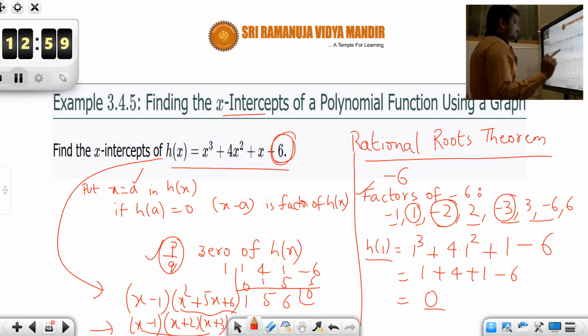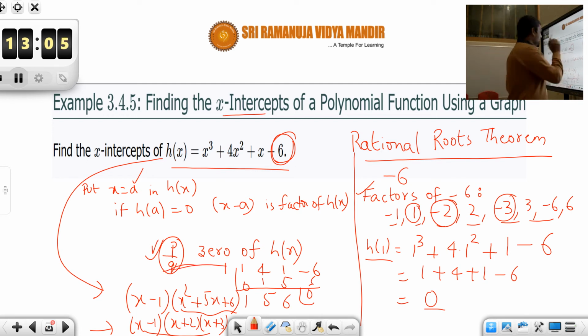So our rational roots theorem says that whenever zeros are rational in nature, they have to be factors of the constant. Okay, students, they have to be factors of the constant. This is very important. In case you didn't understand anything or you are having any sort of confusion, please raise it through WhatsApp or try to contact me. I will explain again. But don't miss it out.